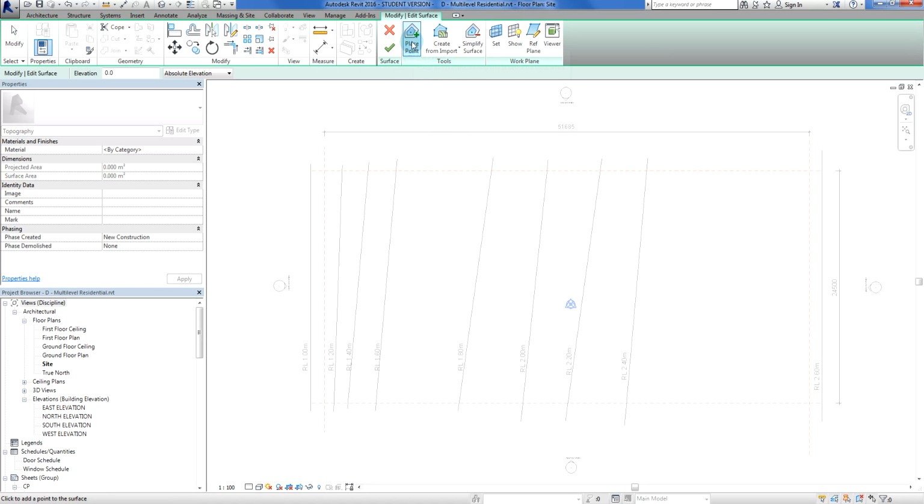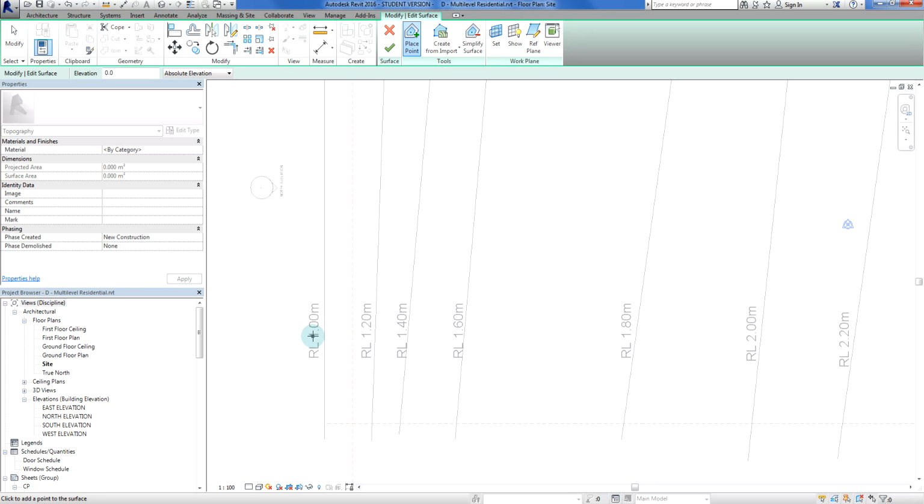We're still going to be creating the topo surface by placing points, because I don't have a CAD file imported to work with. So this is what we're going to use. I'm going to start from the left and work my way to the right. Looking down here, it says I've got an RL of 1.00 meters. That's in meters, which is what surveyors work in. However, I need to change my elevation to 1000 millimeters, because that's what Revit wants to work in. So I've changed it to 1000 and